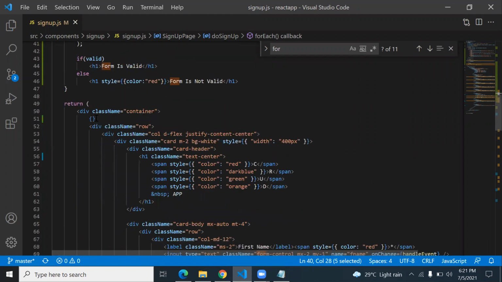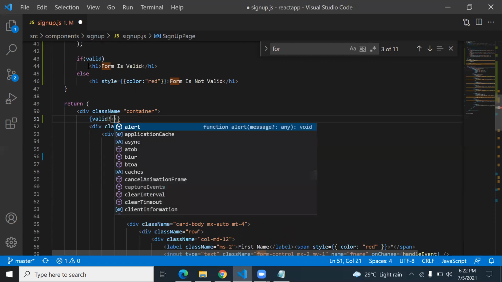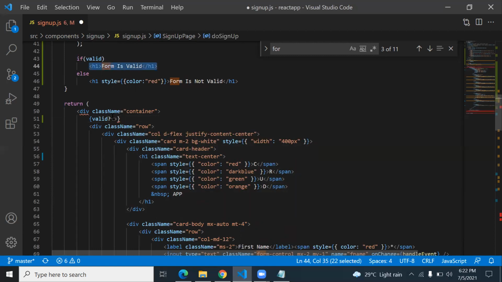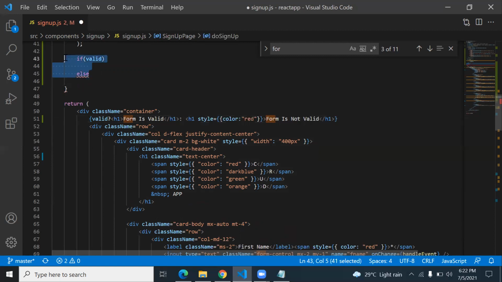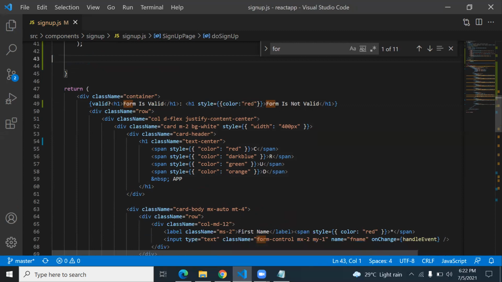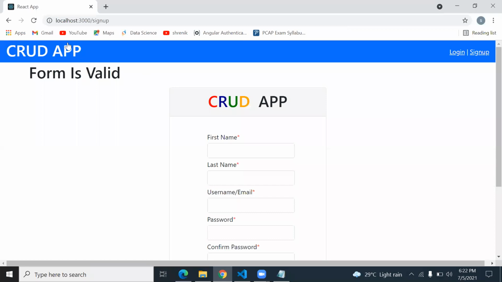So now you can check directly valid question mark, then you write this H1 tag. If it is not valid, then you write this other tag. Right now it is showing you valid because by default it is true.